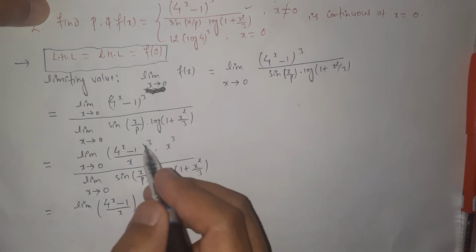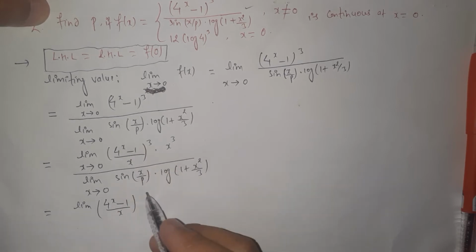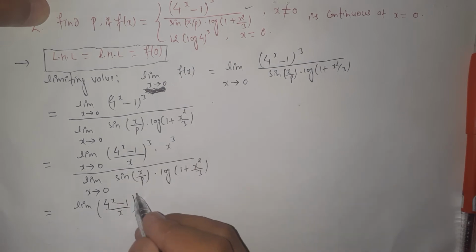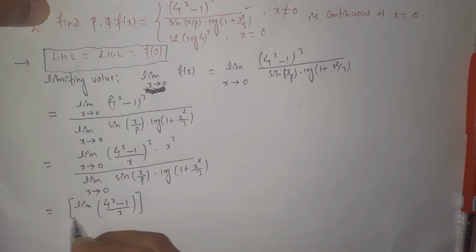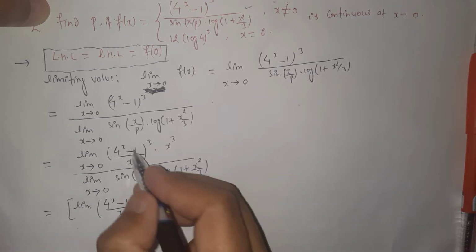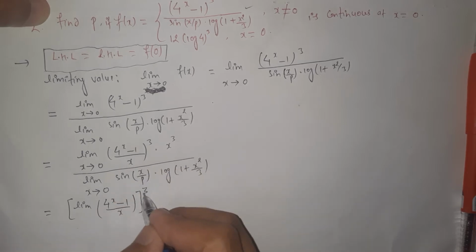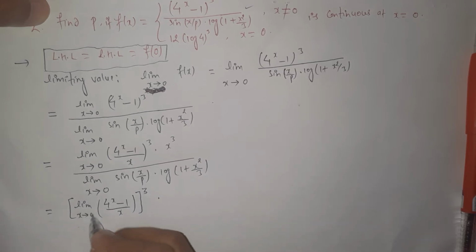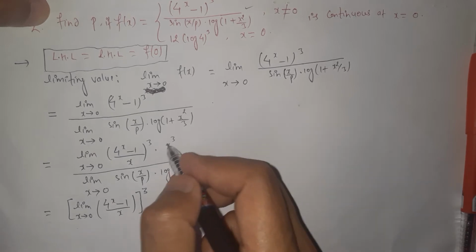We can use the power law of the limit: first we calculate the limiting value of this function and then we give the same power 3, times the limit as x approaches 0 of x cube,